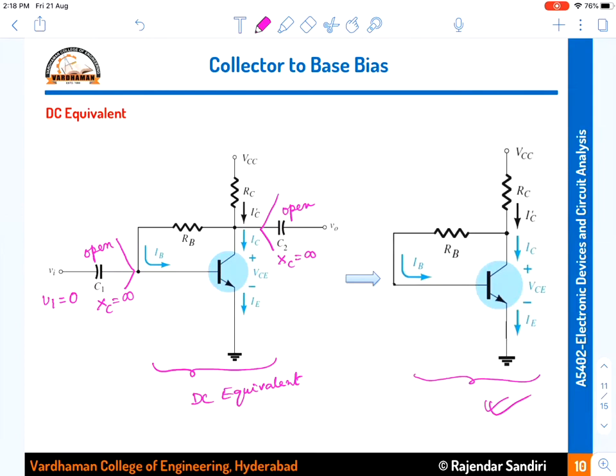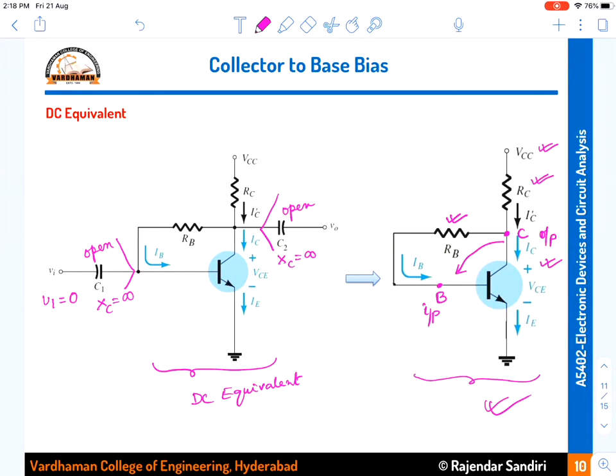Okay, now it has a base resistor RB, which is connected between the base and the collector. This is the base and this is the collector. The collector is the output and the base is the input. So the output is connected to the input through a resistor. Therefore it is called collector to base bias, or collector feedback bias, or feedback resistor bias. Okay, these are the three names for this circuit. And in the remaining portion of the circuit, RC is existing, the battery is existing, the transistor is existing, everything is the same. Even RB was also there in the previous circuit, but the position of RB is changing here.